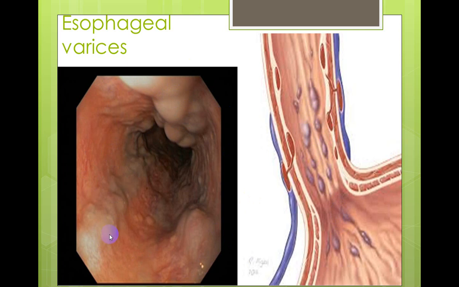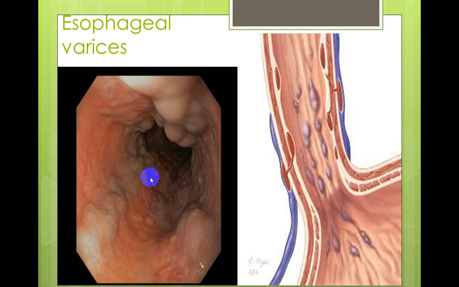lumen. This renders the mucosa prone to sloughing because of increased friction between the food, during its conveying into the stomach, and the mucosa of the esophagus at the bulged side of the veins. Hence there is sloughing of the mucosa, and these dilated veins are exposed to continuous trauma and rupture with massive bleeding.